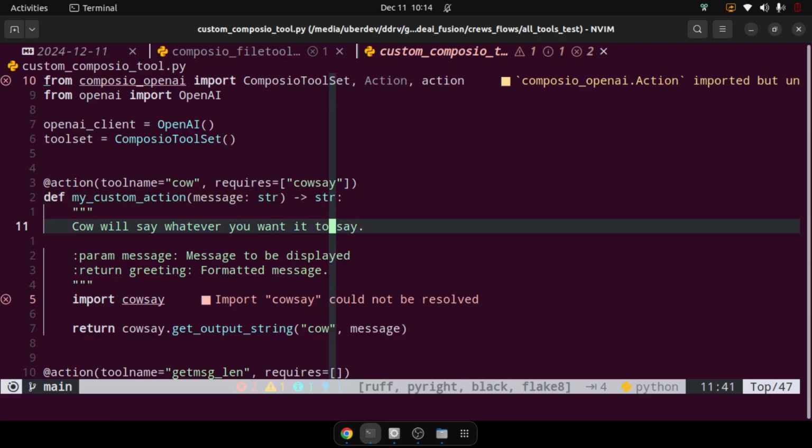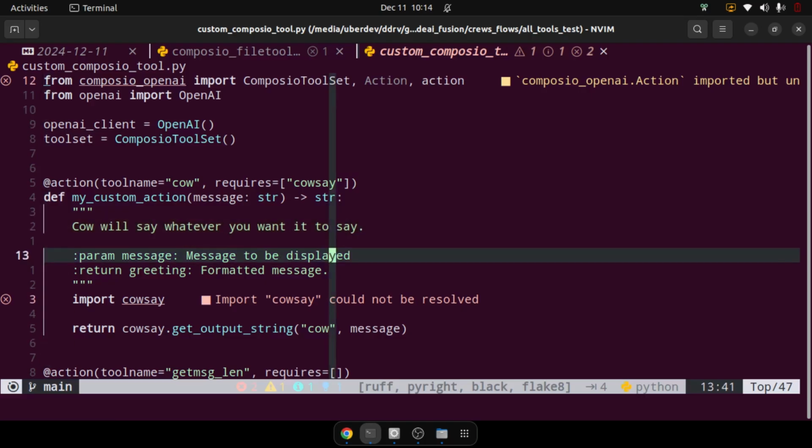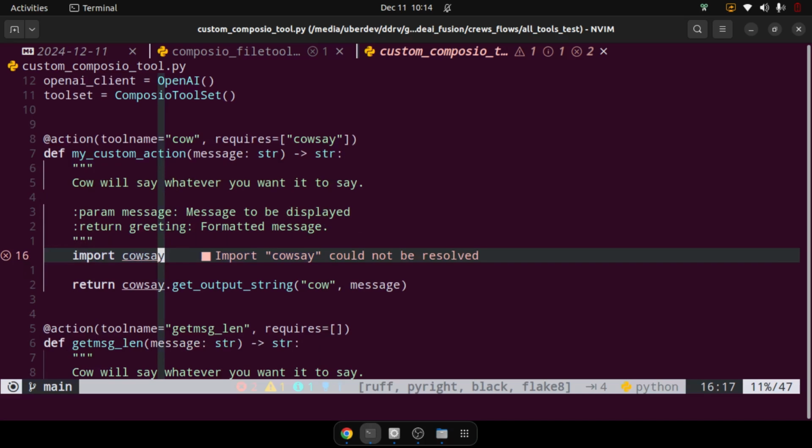Next comes the important point. Here in the docstring, you have to first of all tell what the tool will do. You have to be brief, at the same time give sufficient detail on what the expected output is, because the LLM is going to read this, or the agent is going to read this part. Second, you need to use this syntax,